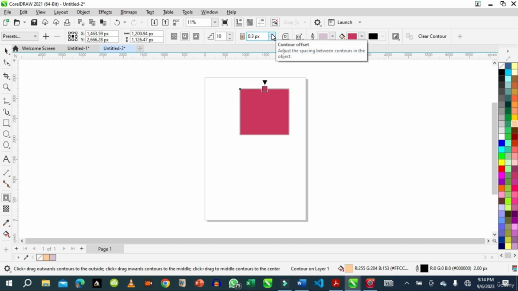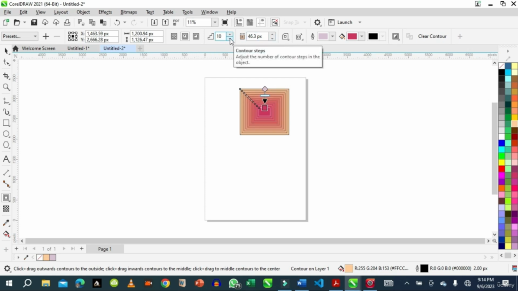Okay, in pixels. Okay, want us to increase this. Let's see, this is contour offset. It's just the offset. Okay, so this is the 3D effect we are getting. This is like a tunnel. Then if we want to make the outline more visible, we'll decrease the number of lines